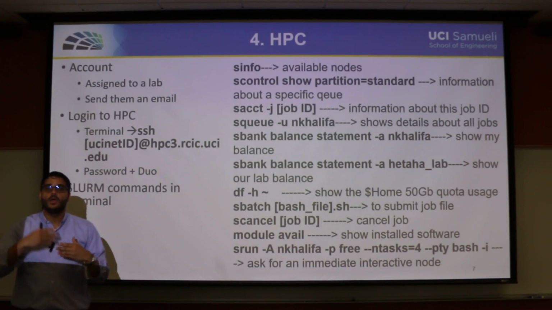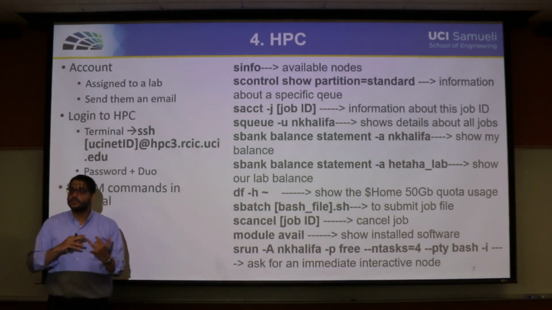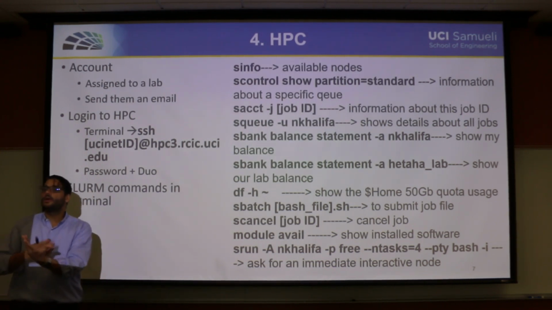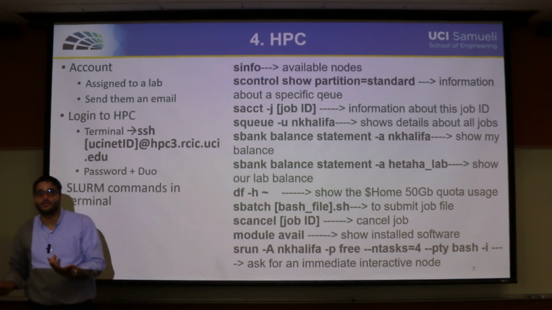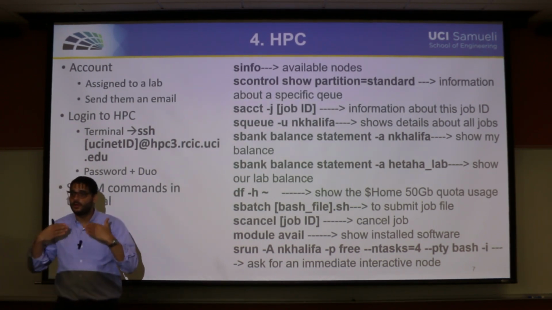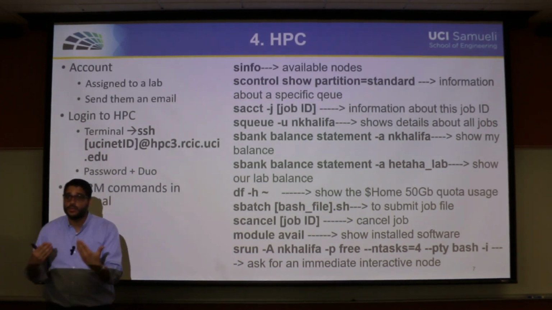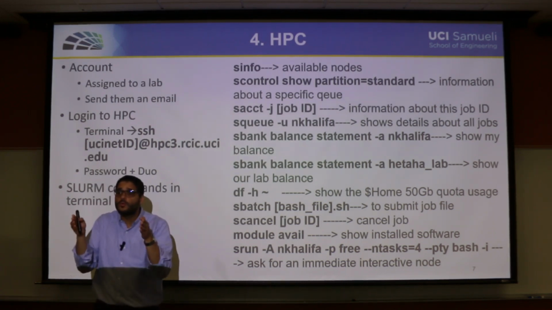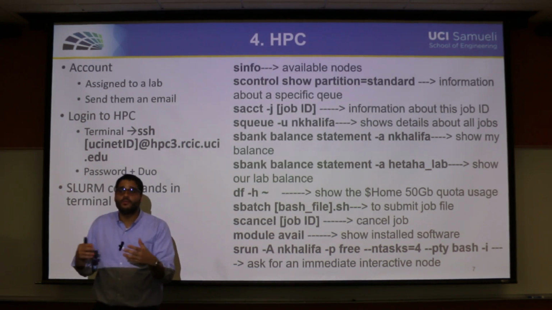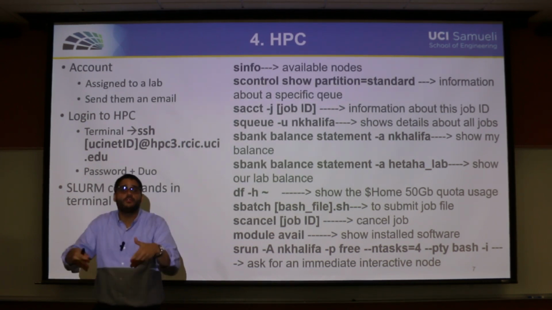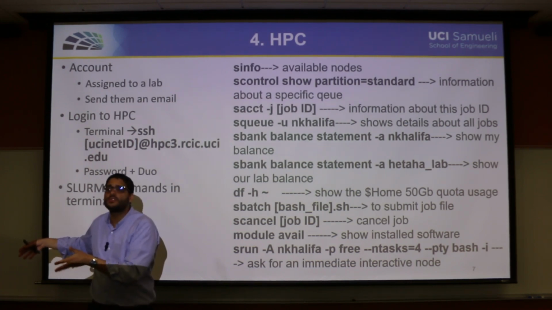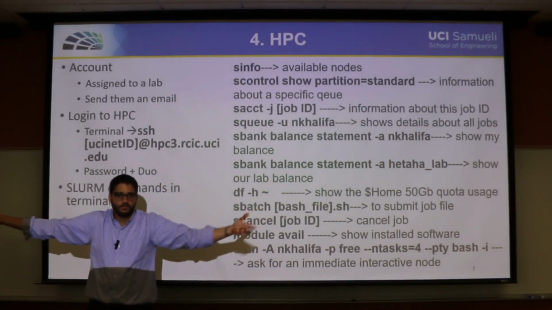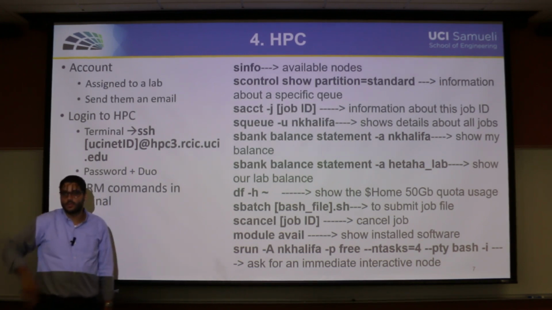Interactive nodes are only encouraged to be used for testing, for setting up a job, for installing software, if you would like to install software in your home directory, etc. You cannot run an extensive job on an interactive node, because on the interactive node you are dealing with it as if you are dealing with your personal computer. You only get to use the resources of that node. If you think you can do a job on an interactive node asking for 500 cores, this is impossible, because this interactive node does not deal with those other cores on the scheduler or the slurm. Okay, so